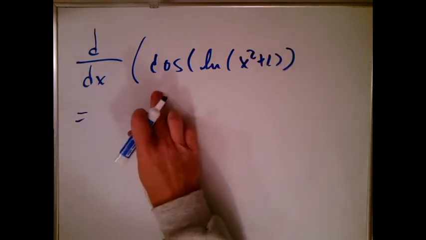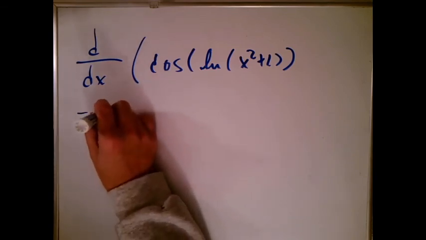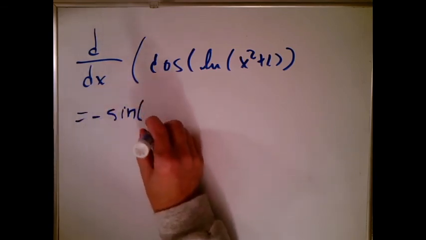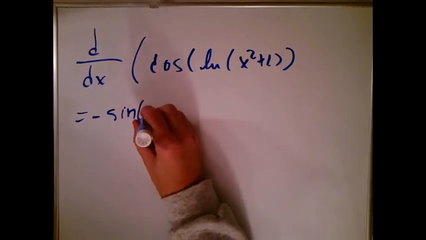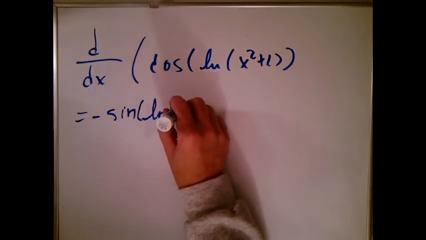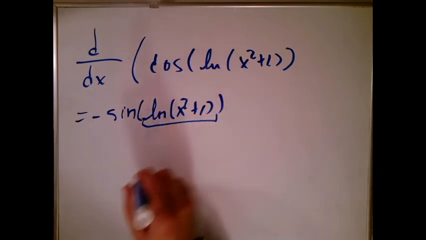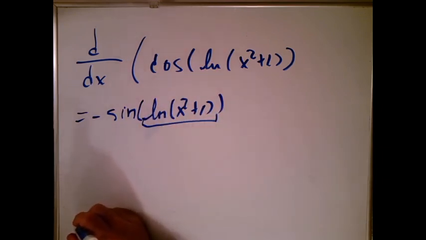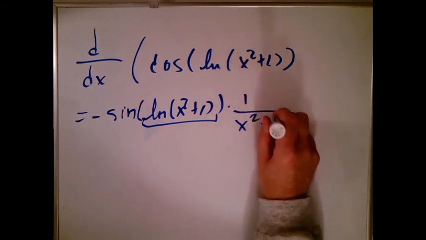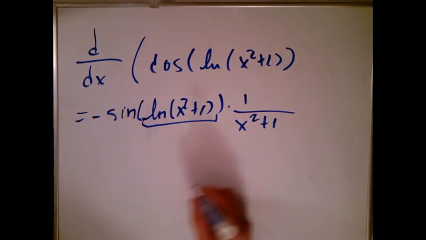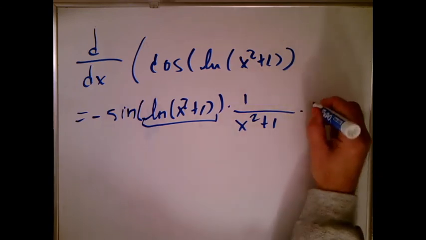Now, what I see is an outside function, outside function, outside function. So I see cosine blob. The derivative of cosine blob is minus sine blob. Oops. My blob is the ln of x squared plus 1. Now what I see here is the ln of blob. Well, we just found out the derivative of the ln of blob is 1 over blob, like that. And my blob keeps getting smaller. This is now my blob. And I now need to multiply by the derivative of that, but the derivative of that is just 2x,